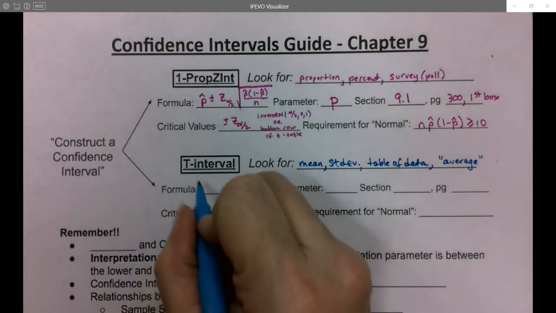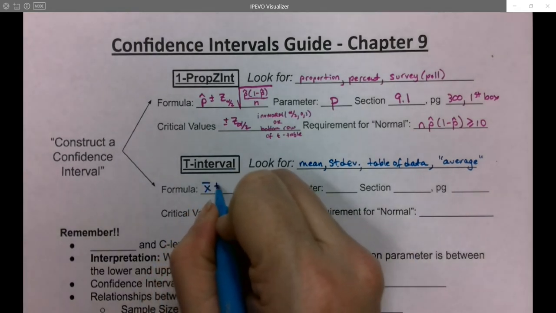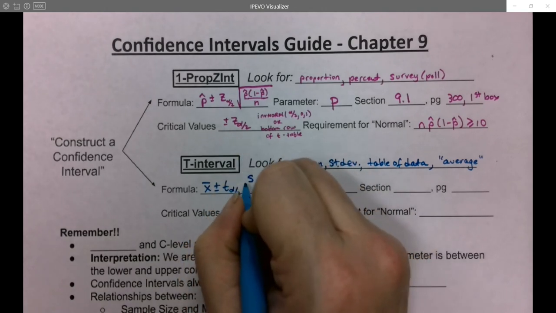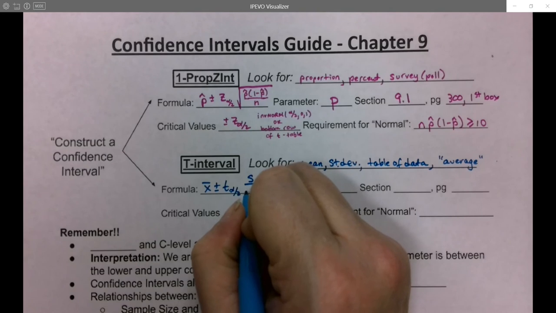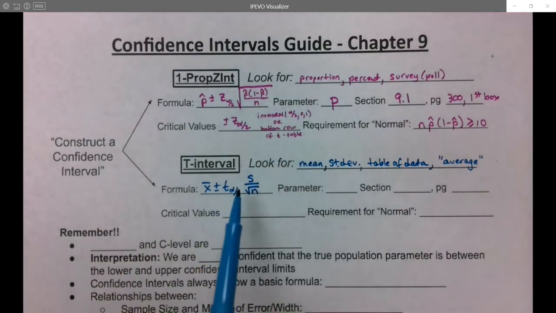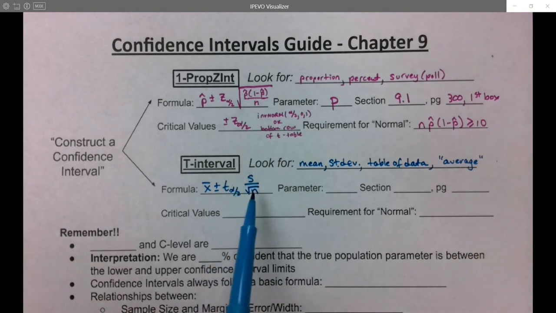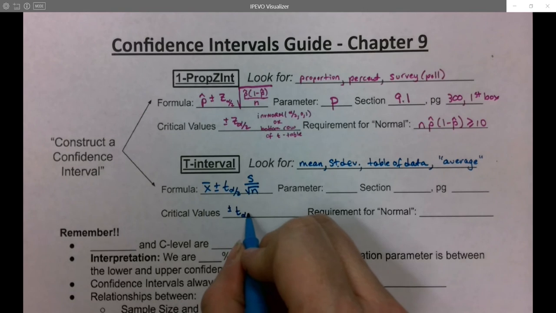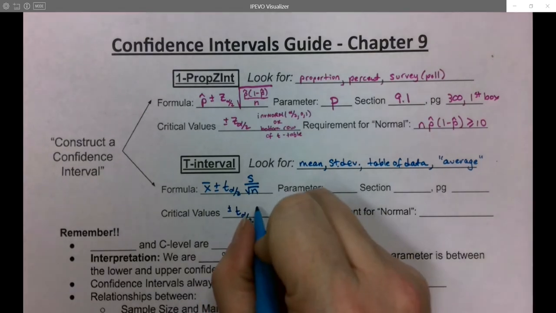All right, now the formula for this one is x bar plus or minus t alpha over 2 times the standard error of the x bar. So s over the square root of n, what we learned about in 8.1. So you take your critical value times your standard error, and that creates your margin of error, these two things multiplied. All right, so your critical value is plus or minus t alpha over 2, which you find either from inverse t,